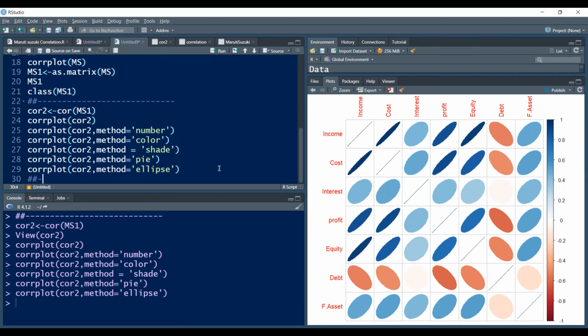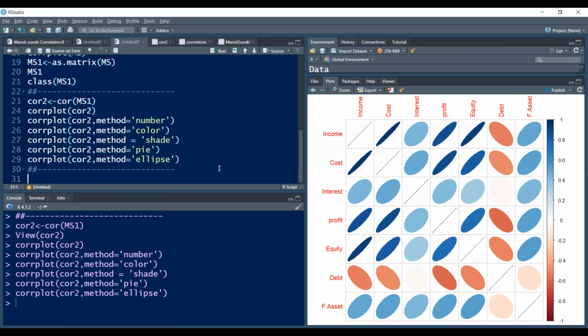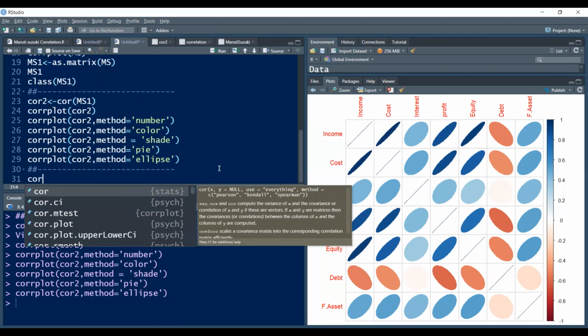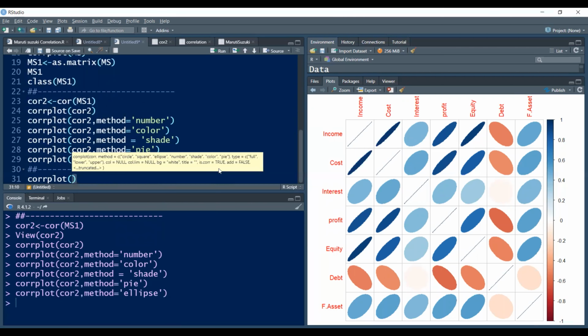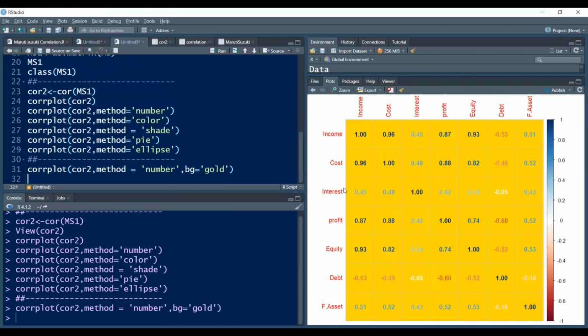Now we will try to change the background. So corrplot, core2, the method is number, and bg stands for background, and give me a gold background. And now you can see the background is changed, and now it is very lucrative to visualize and to understand. Apart from this background color,